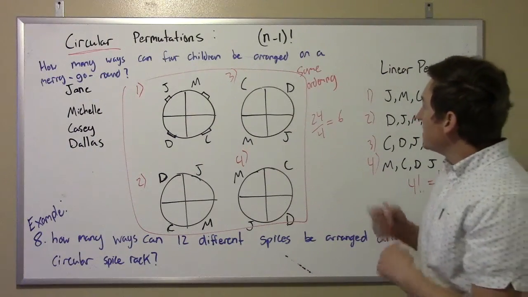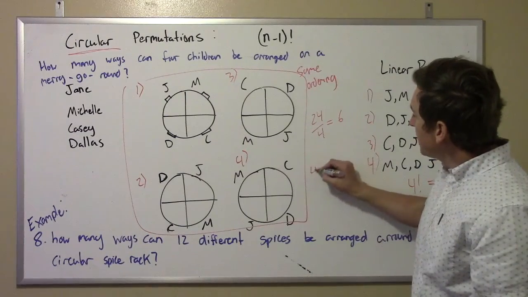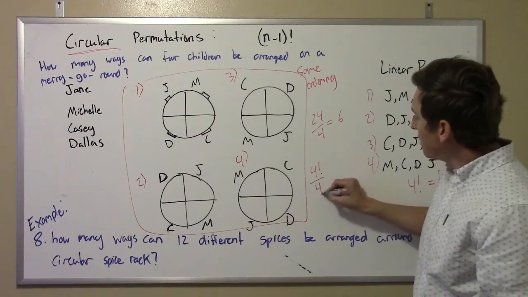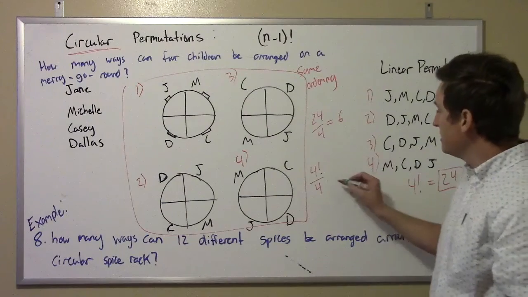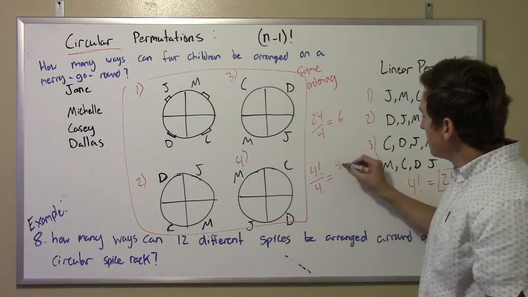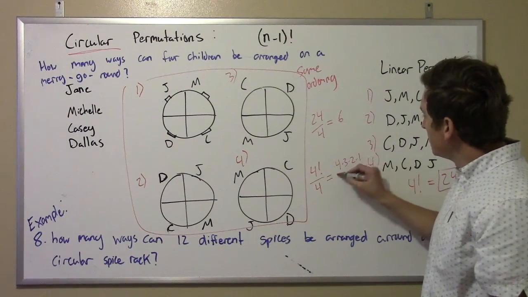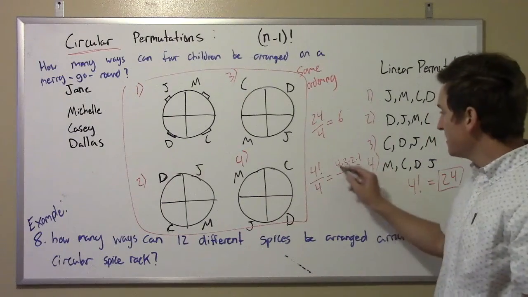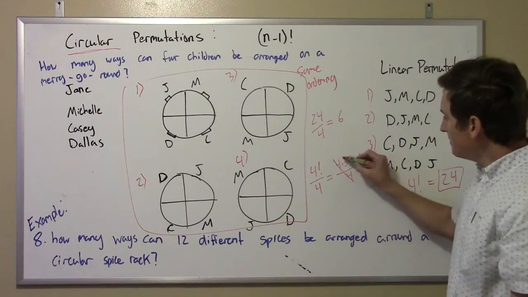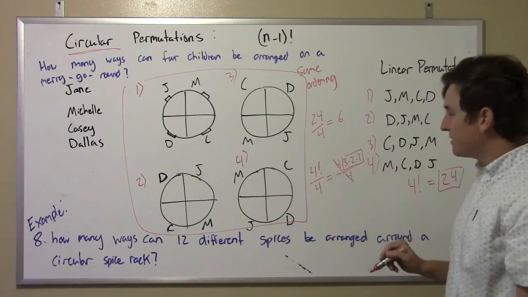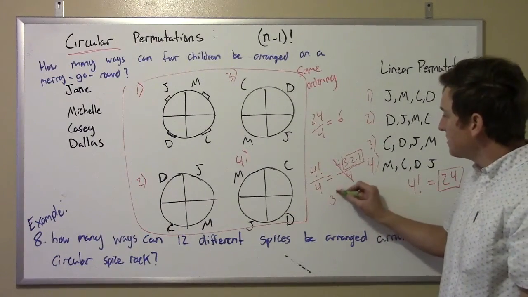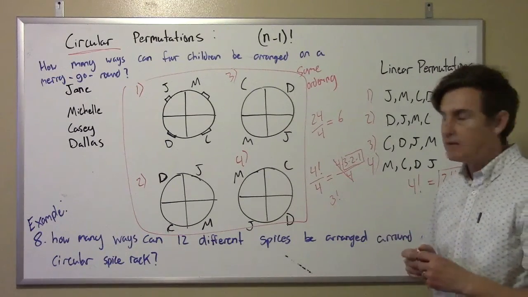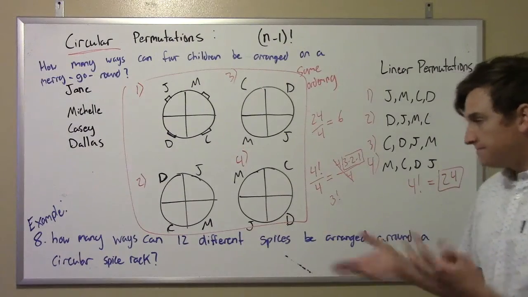And so what we end up doing is we do 4 factorial over 4 for this situation, which actually turns out to be 4 times 3 times 2 times 1 over 4. And notice that the 4s are going to cancel. So really what we get is 3 times 2 times 1, which is 3 factorial. Okay? And that's true for any different